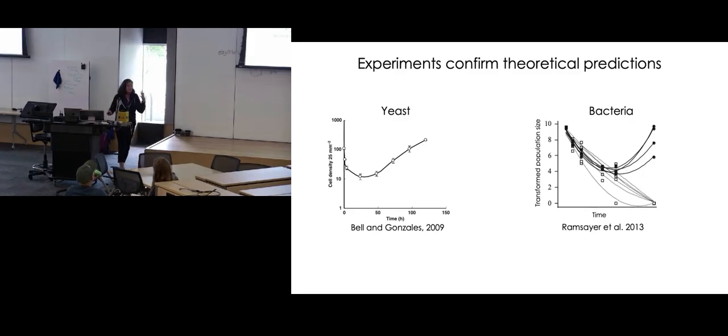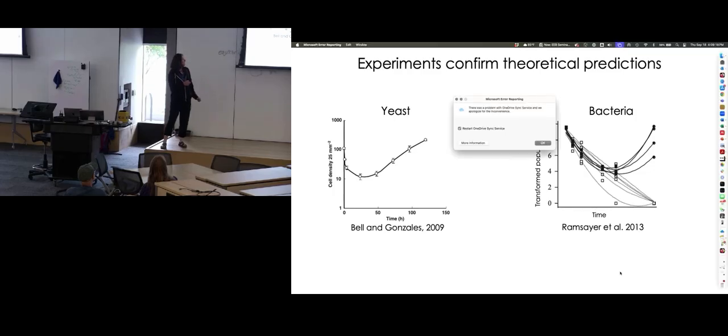Okay, so a big question in this area of evolutionary rescue is, what are the contexts that will allow populations to adapt rapidly enough so that they don't go extinct? And then understanding more about that, are there things that we can manipulate about populations to help them persist through environmental change? And people have studied evolutionary rescue a lot in the lab, like I'll be showing you. And it's been shown to happen in yeast, in bacteria, in